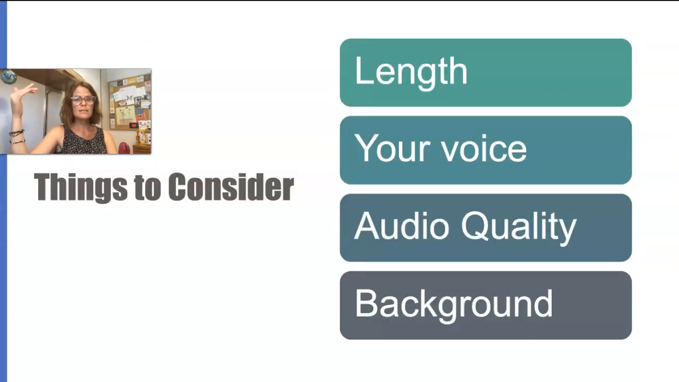So other things to consider: the length of your presentation. One of the things, especially with an asynchronous presentation, is people have the ability to stop it. They have the ability to fast forward it, to just skip it altogether. So you want to think about what is the length, what is going to keep people engaged, remembering that many